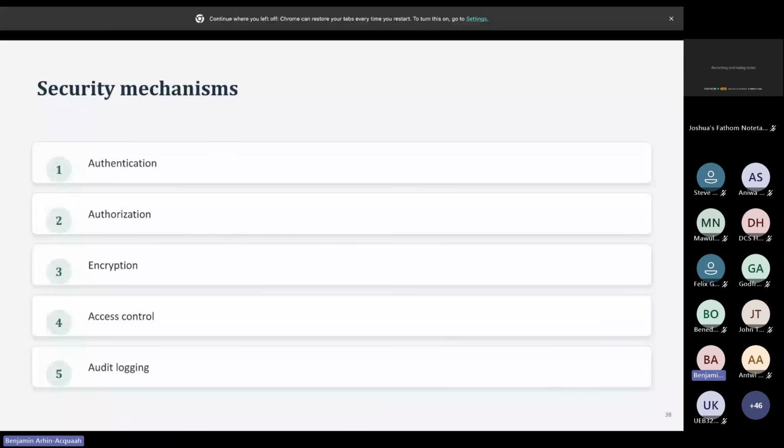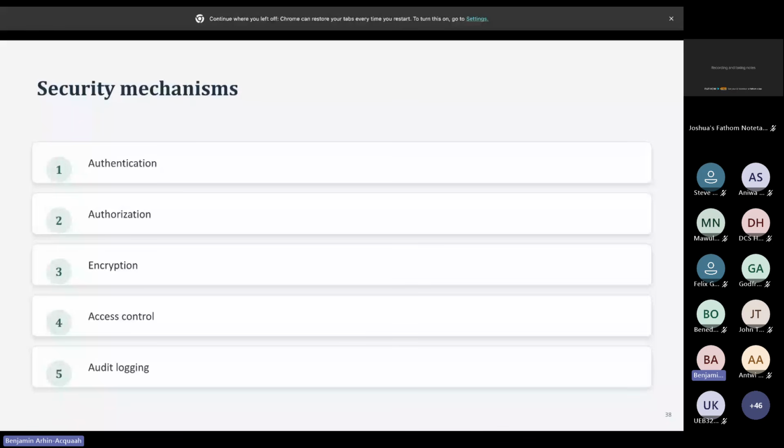So they need to provide credentials that they set or agreed with the system. Before you log in, you have to create an account. You give the system a password to keep. Then when you want to log in, you come back with that password and your email or username. And then the system will check and see that, okay, this data belongs to this person. Then they let you in.